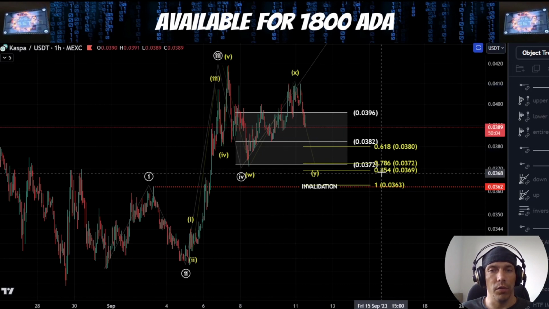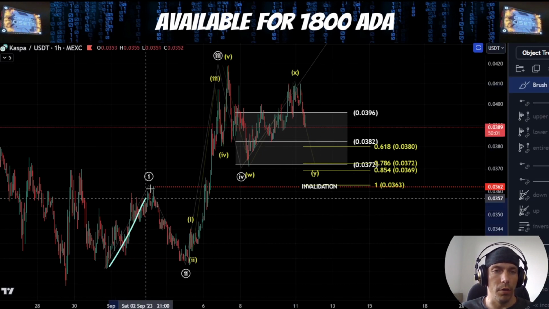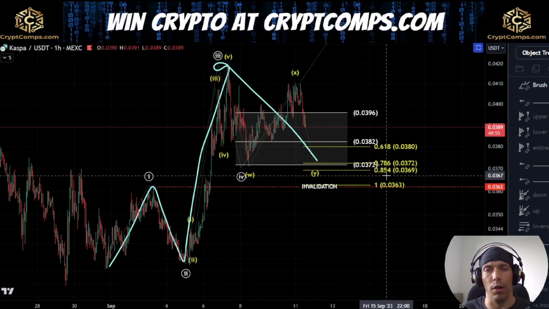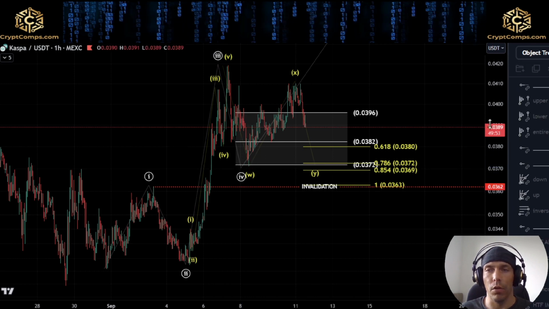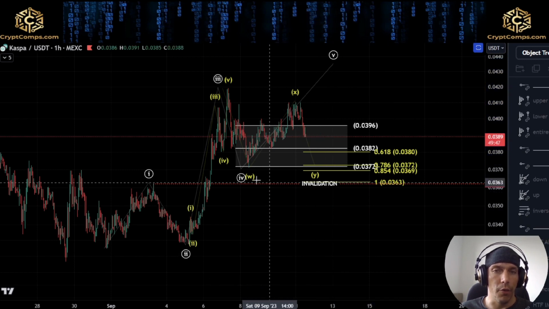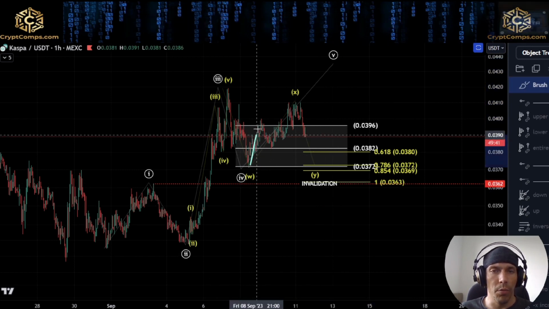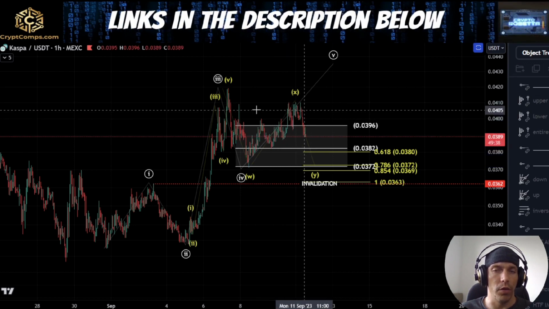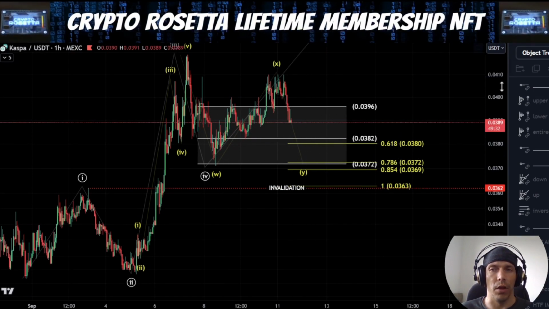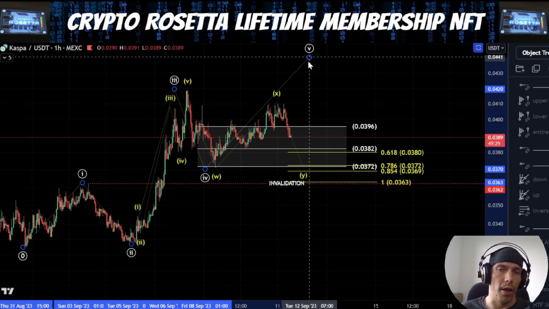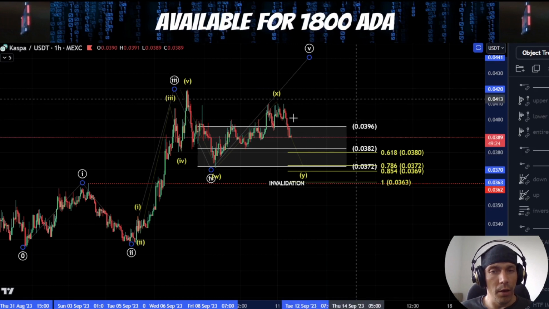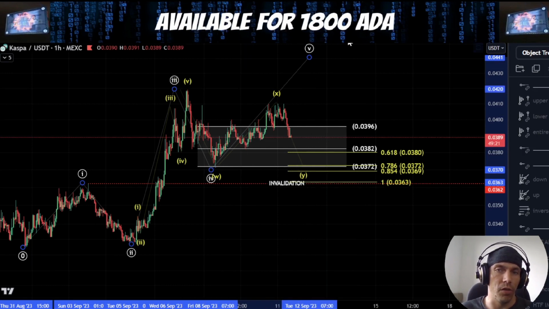Now, within this idea, same idea is in play here, that we're looking at this as 1, 2. This is a third wave up into this high, and 0372 is really the lowest I want to see this come. We've already hit this zone over here, so we need to be open to the idea that this could still develop as a 5-wave move like this if we do continue to hold this level. But the problem is, when we are looking at moves as diagonals, the probabilities have already shifted to the downside, that it is not going to actually develop into an impulse, because it's much more likely that when we do get a move up and it's got a nice clean 5-wave structure, that we can rely on that. Nevertheless, as long as we hold this low, we do have the potential to see a rally.